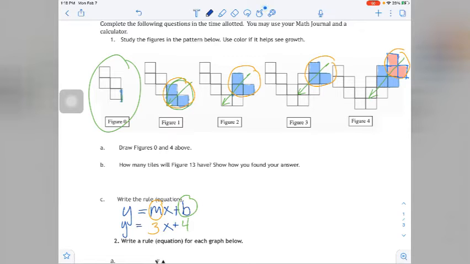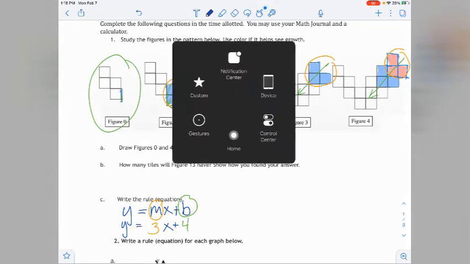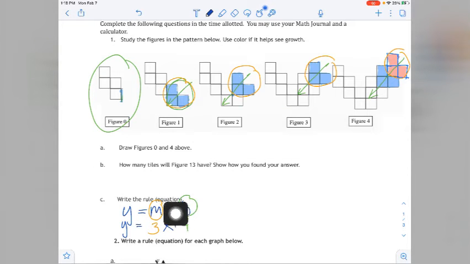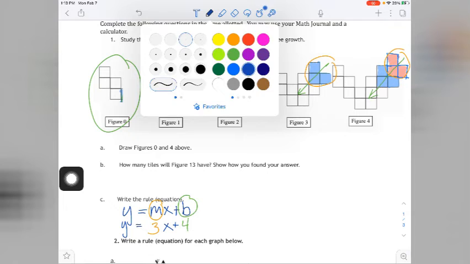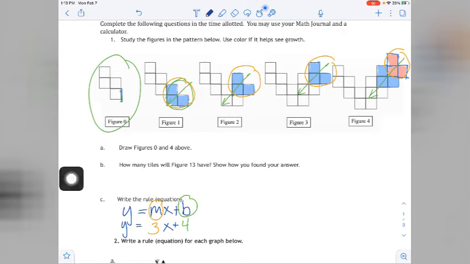The last part of this is that I want to just say that a lot of students got this part right. Oops, they got C correctly, but they still missed B. If you were to use the rule to solve this, then what you would do is you would say, well, y, which is the tiles, should equal 3x plus 4, and